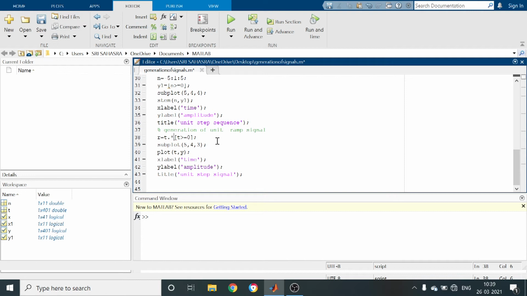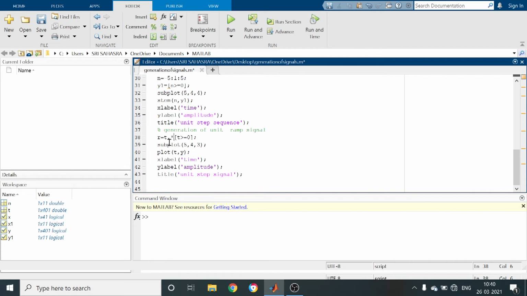So here why we are writing like this means I am going to assign the ramp signal to a variable r. Generally by the definition R of t equal to t for t greater than or equal to 0. So in order to write t greater than or equal to 0 and in order to start the ramp signal from 0, I am going to use again unit step in this command.